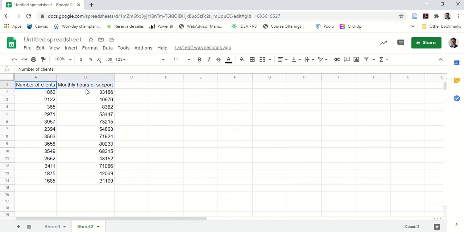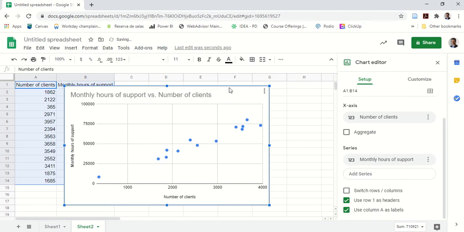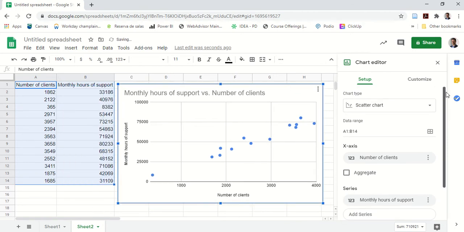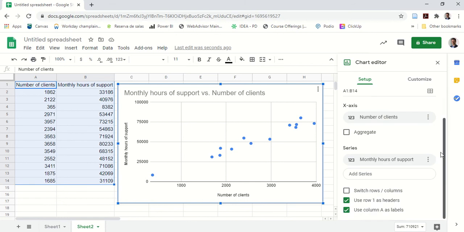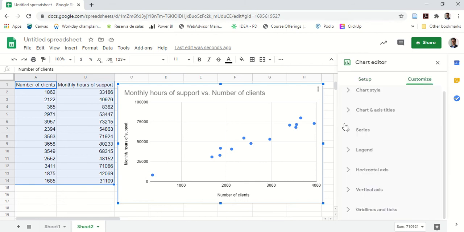You already know how to do this. And to select the data, insert, chart. Google immediately finds that this is the best type of chart. The scatter chart is the best type of chart for what we have. And it is. As always, you can come here and change. And actually, we'll be coming here to show you something in a few minutes. But for now, what we need to do is have a look here on how to